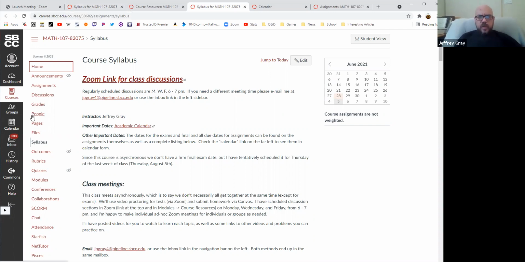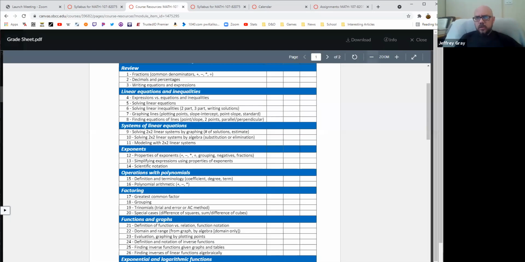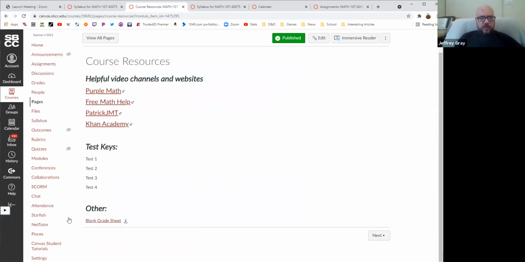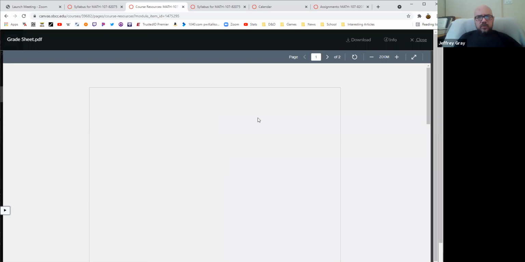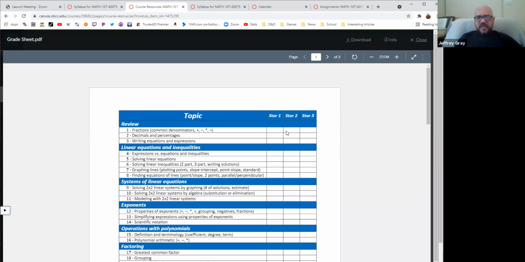Yeah, so you can go to modules and course resources, and down at the bottom here is where you can get a blank grade sheet. Just download it, print it out, and check them off as you get them. In fact, I would recommend writing the source of your star, right? If I go look at this again, you can see I left a little bit of space in each box.